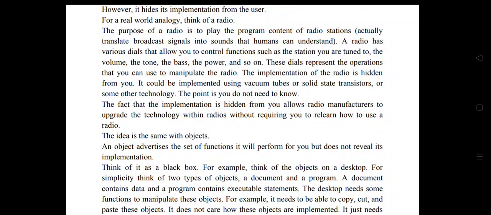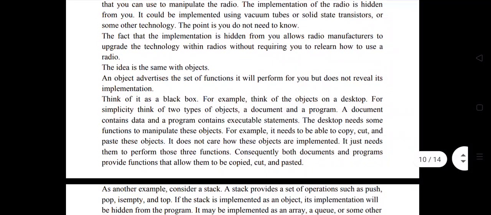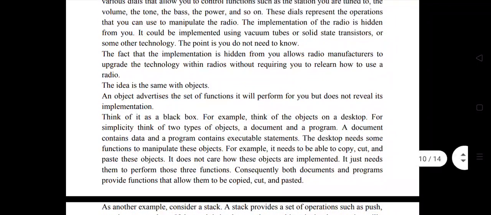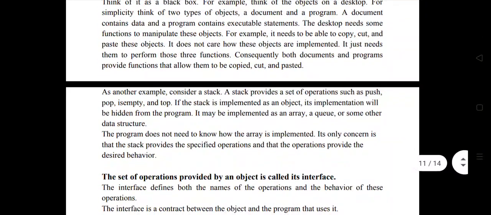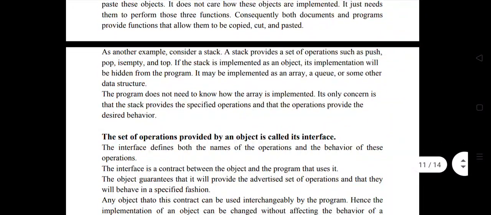For example, the television and the radio: how the actual data is converted and given to you is hidden from you, but you will get the output. Okay, so next, you can consider the example of a stack as well, which provides a set of operations